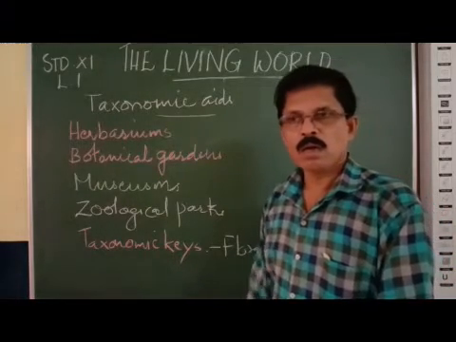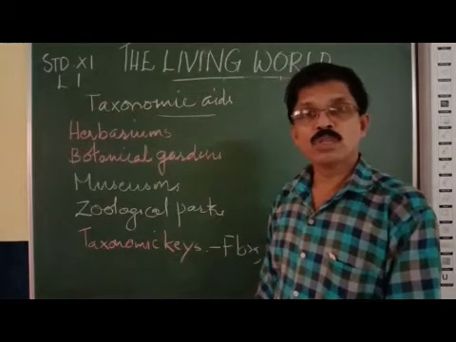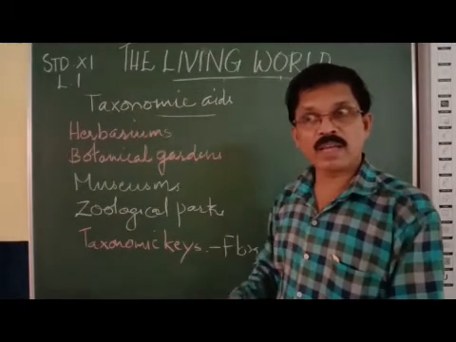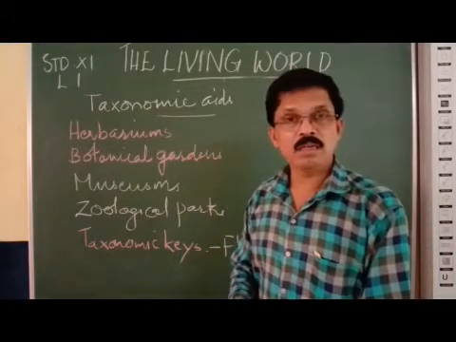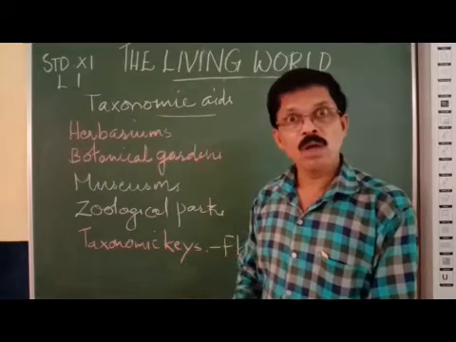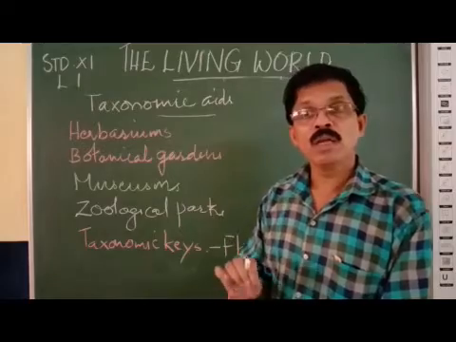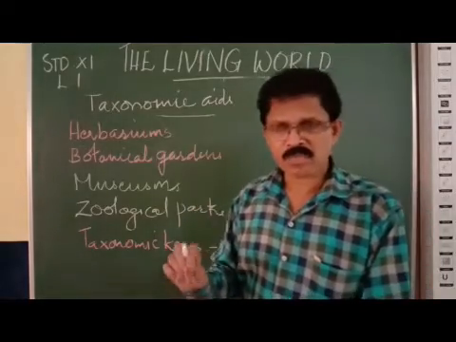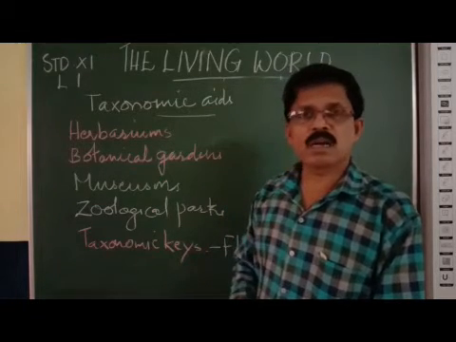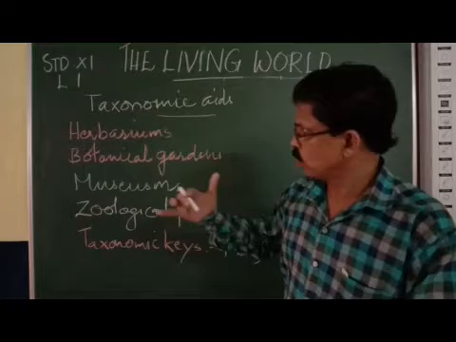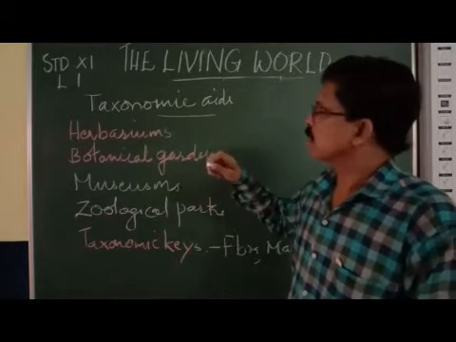For example, unless we identify an organism, how can we use tulsi or neem plants for making medicines? A particular plant should be identified. Medicinally, it is useful. Industrially, it is useful. At the agricultural level, it is useful. A scientifically identified organism is useful in various industries.